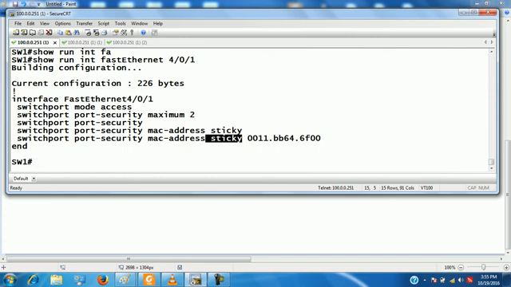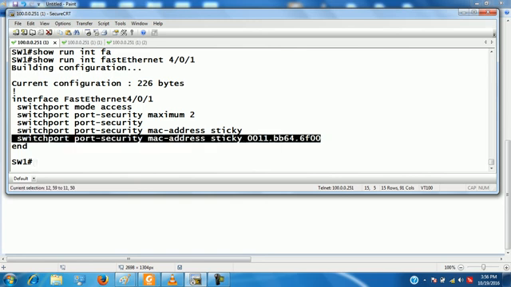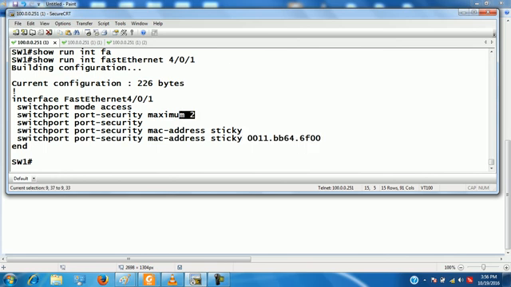But here, which keyword are you using? Sticky means just stick to that MAC address. The MAC address it finds the first time in the table, it will just stick to that. Like here it is sticking to this MAC address. But maximum is 2. We can define one more.